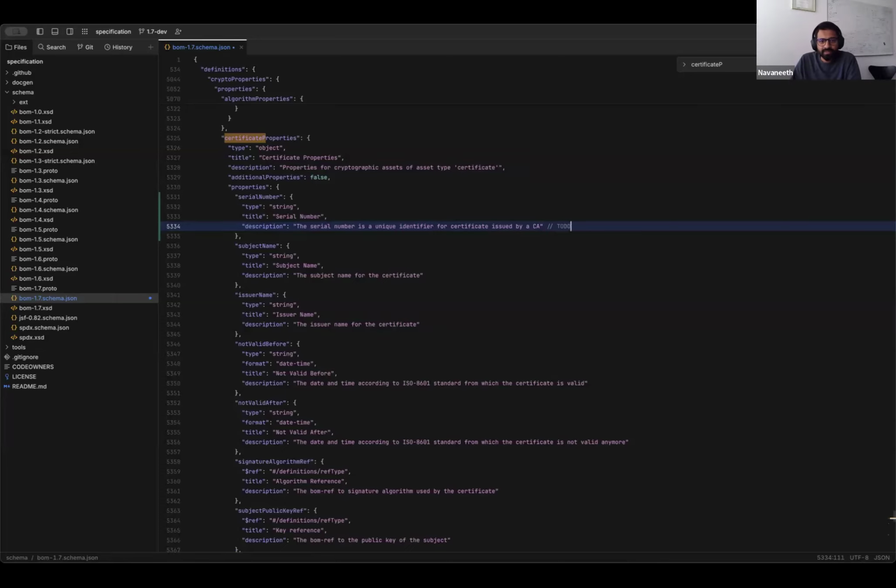Is there a way to annotate to-dos? Is it like they do in Java? What do you normally use, Steve, in JSON? I normally just put the to-do in the description itself, but it's up to you. Okay, I will do it like this because that looks very familiar to me. That's fine.